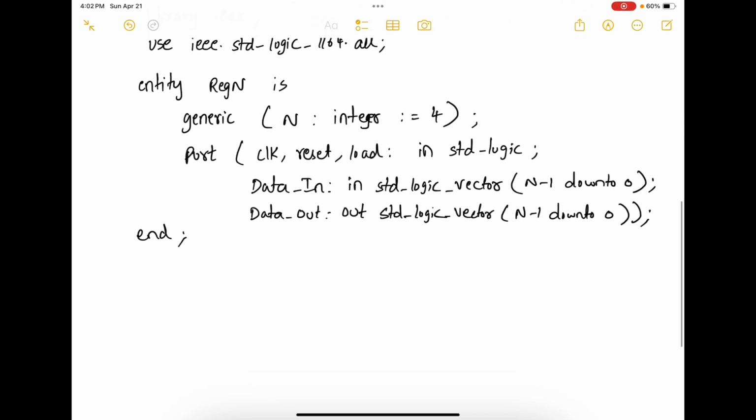Now let's write the architecture. For architecture, we are going to use behavioral modeling. Behavioral modeling is preferred when you're writing larger complex systems because it is much easier to express systems using if and else statements. So architecture arch of reg_n is begin,